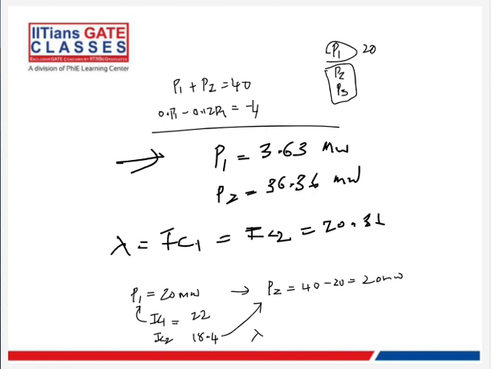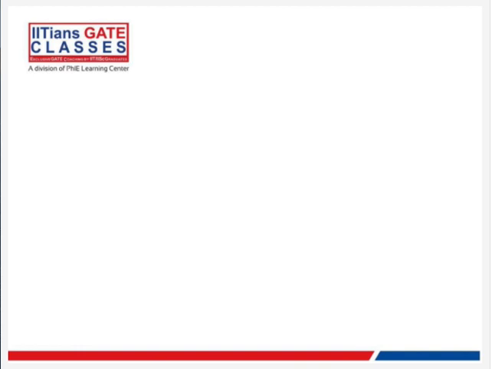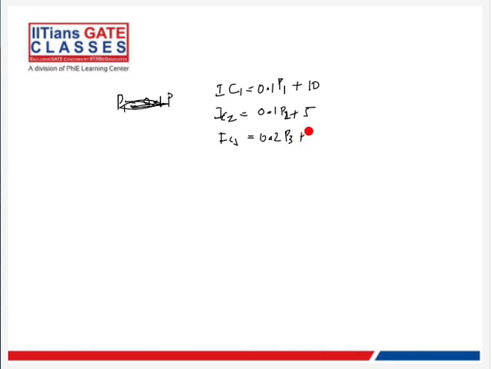Okay. Say suppose, let's try it this way. Okay, do this. Then you probably will understand. Say IC1 is equal to 0.1 P1 plus, IC2 is equal to 0.1 P1 plus 5. IC3 is equal to 0.2 P3 plus 6, right? And the limits are